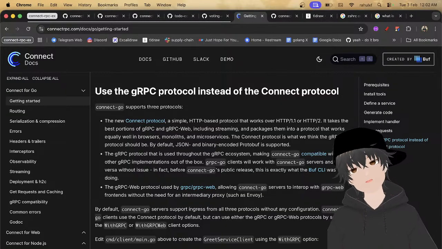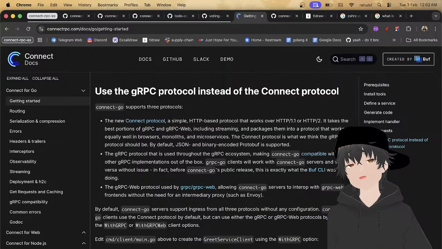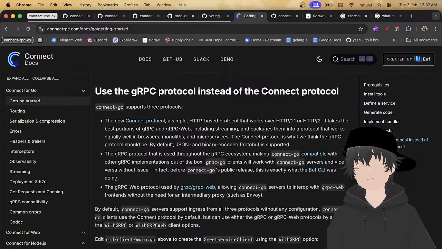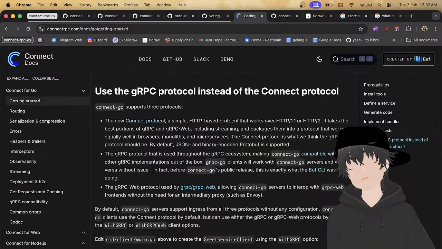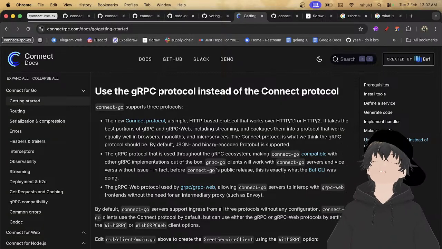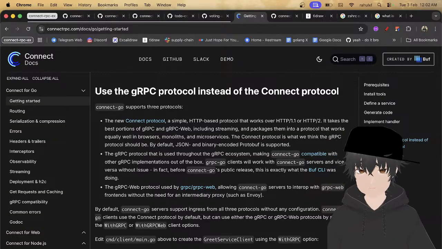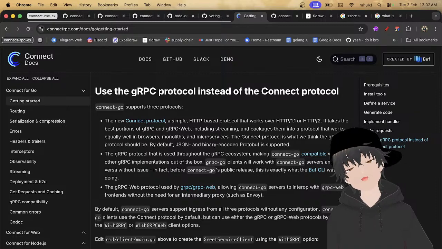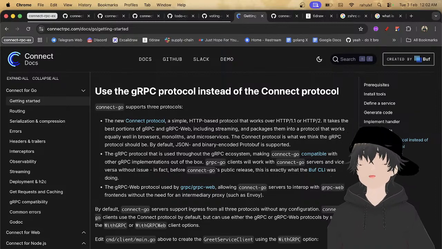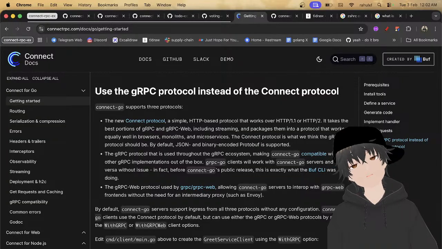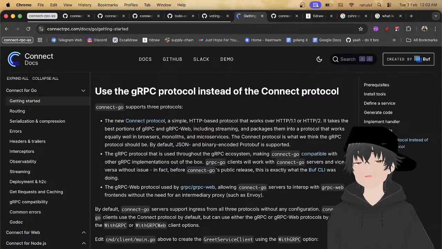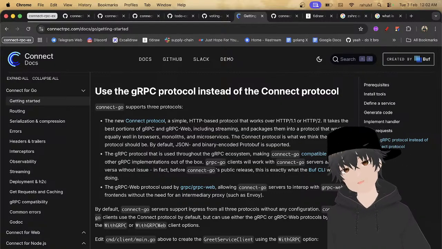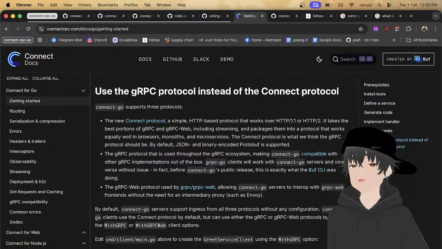The gRPC protocol is used by thousands of systems, making Connect Go compatible with other gRPC implementations out of the box.